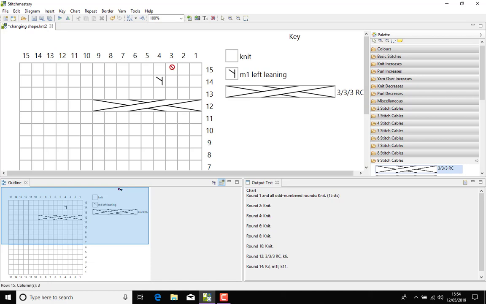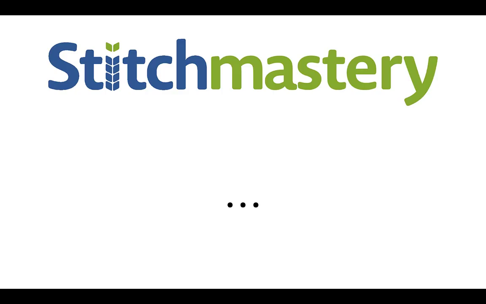So I'm using the dot stitch library and the default stitch that fills all of the cells is a blank knit stitch. If you're using a library based on the dash symbols, you'll have a vertical line through all of your knit stitches and each of the cells will be filled with that stitch. So essentially I can click onto a stitch with my right button on my mouse or trackpad and replace it with the default stitch, so in this case a blank knit stitch.